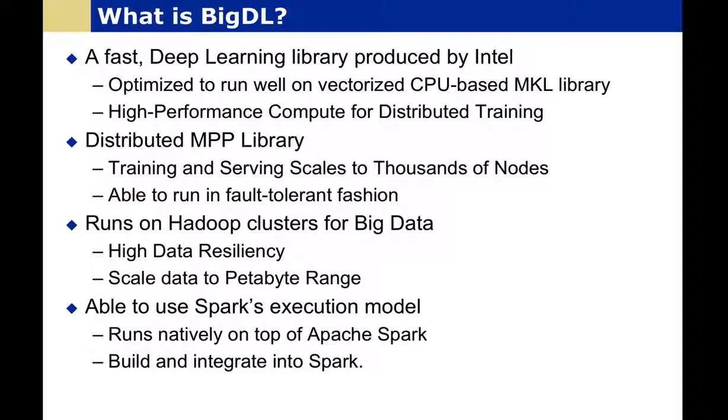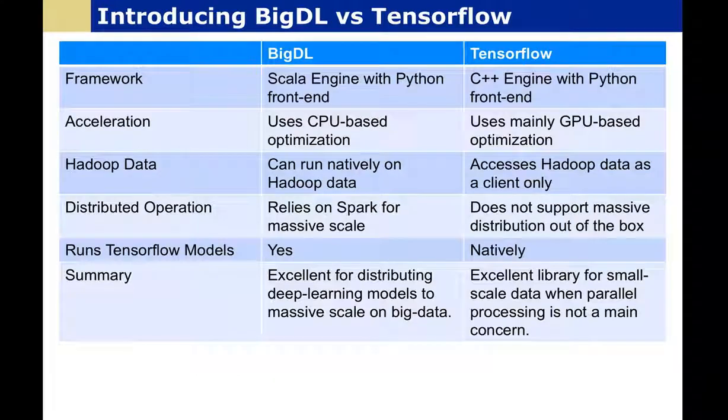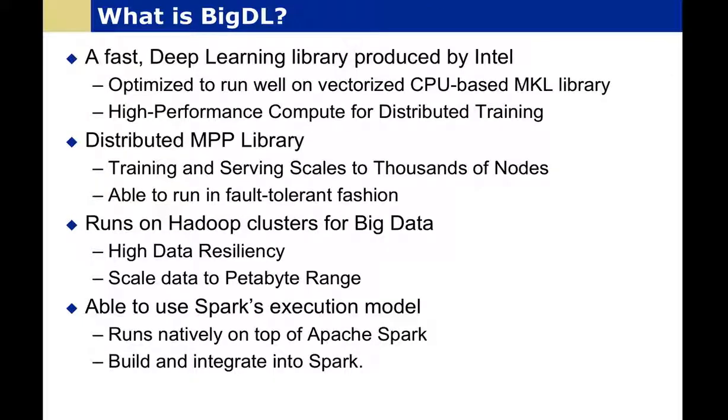Now, I'll say one thing for Intel. They know their CPUs well, and they know how to squeeze the most performance out of them. They're able to take that knowledge and apply it to making the fastest CPU-based vectorized processing available. Remember, the goal here isn't to try to outcompute a GPU on a single node. The goal is to develop a system that combines vectorized compute capability and parallelized I/O for scaling to petabytes of Hadoop data. Now, BigDL gives us both massive compute and big data. It allows us to balance our needs as well as allowing us to run with massive scalability.